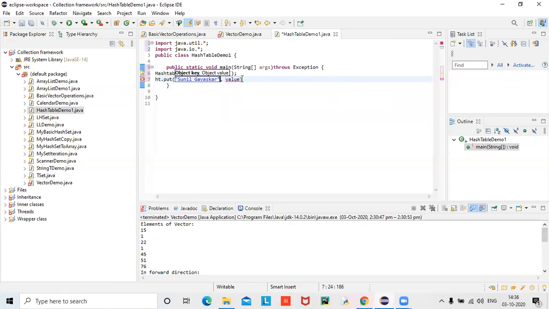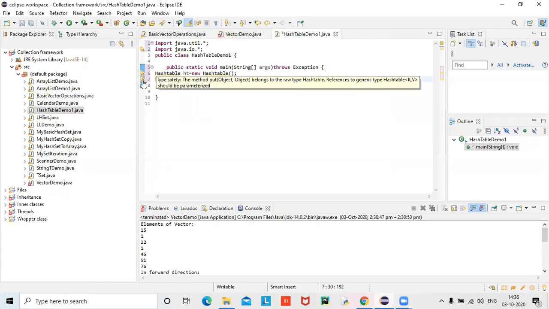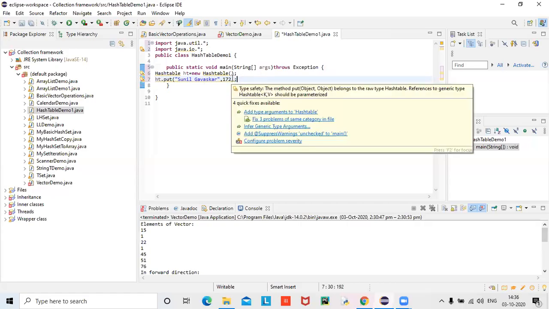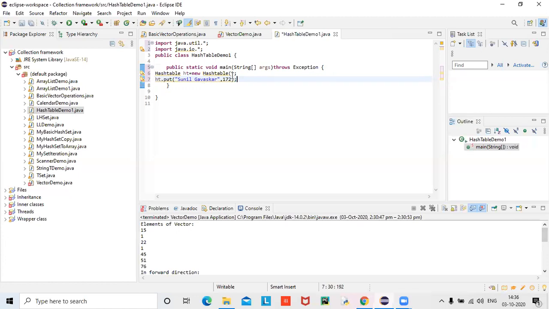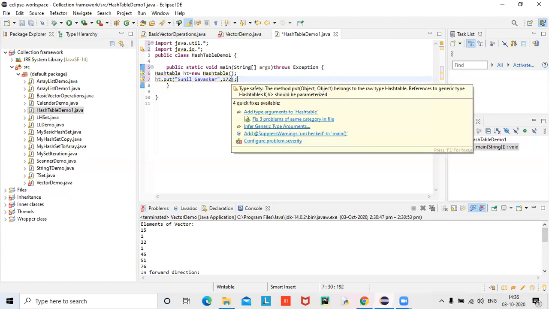And directly I cannot put the value. You know why? Can I write his score directly like 150 or 172? See, immediately it is cautioning me, it is still warning me.